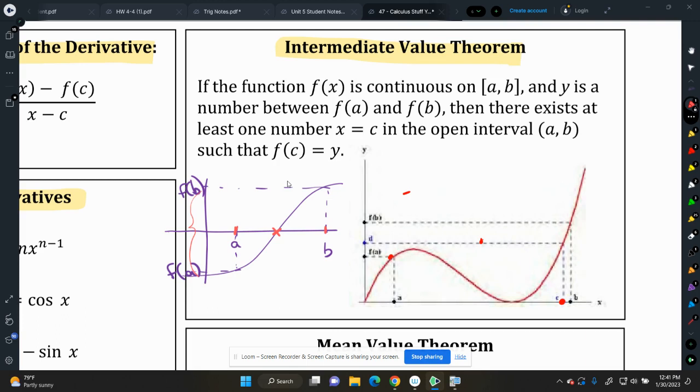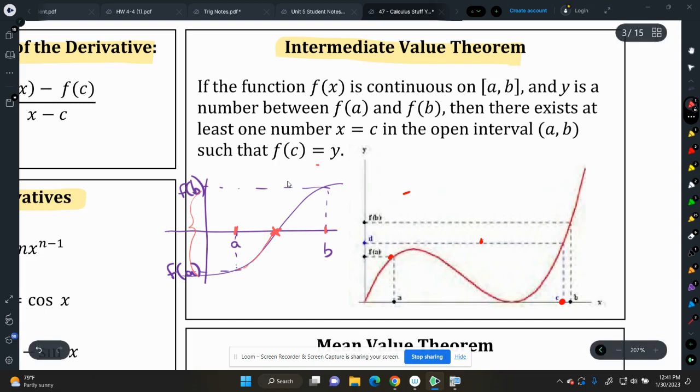We typically use this to show that we have a 0 between the A and B. We use it to show that we have a 0 that occurs on that open interval, AB. Why do we do that? Because if I know that there's a 0 that occurs between A and B in the derivative, let's say that